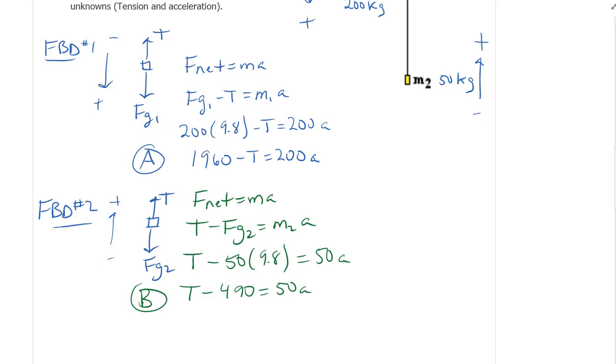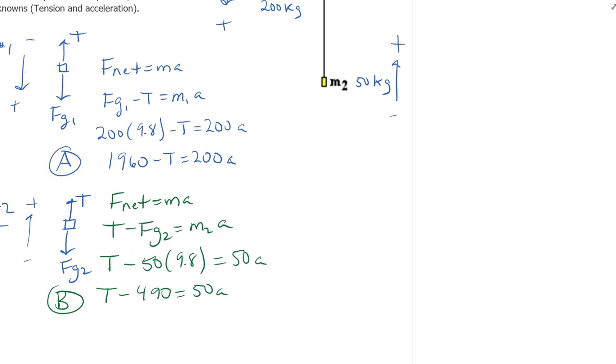So now this is a classic math problem, a system of equations, where I have two different equations and they each have two unknowns, and I would like to do something to solve the unknowns. So looking at this, I'll say, well, here I've got a t and there I've got a minus t. So I'll put my B first on the top. I'll say t minus 490